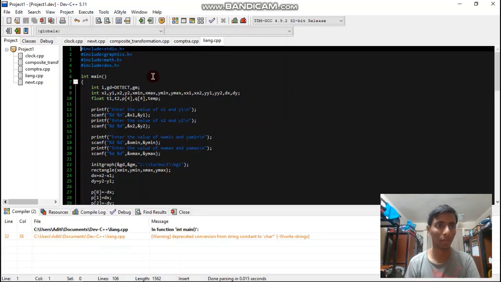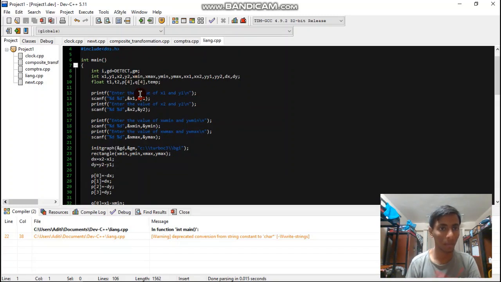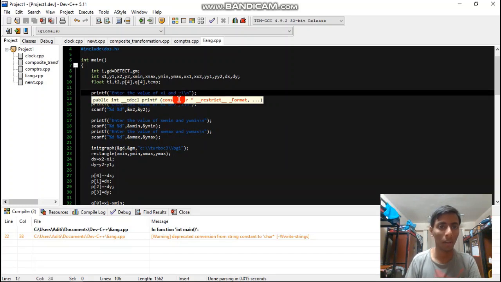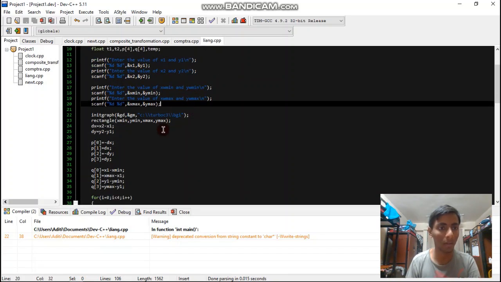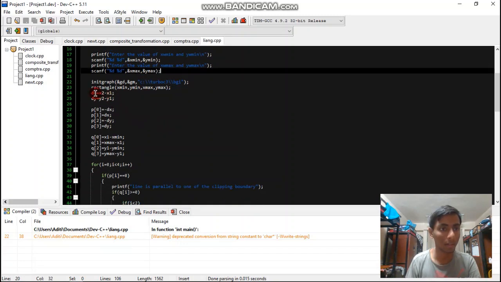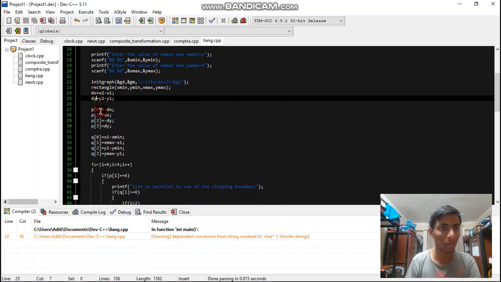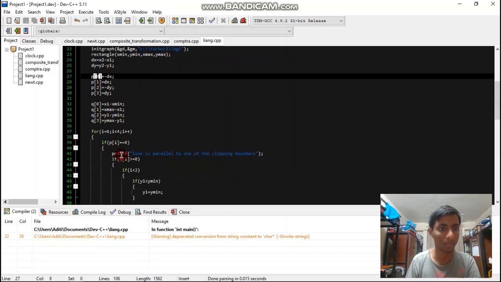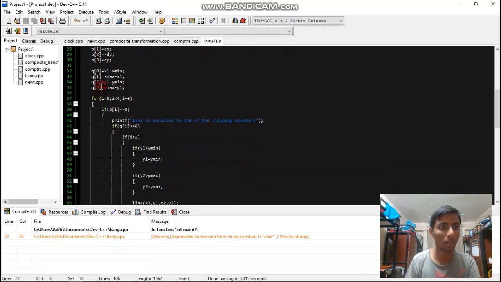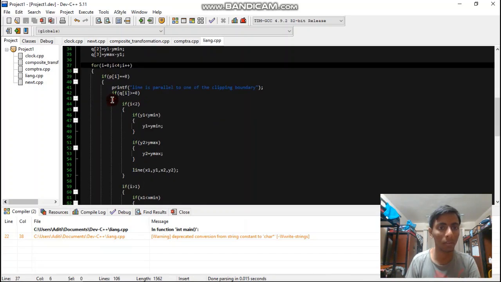So this is the program for the Liang-Barsky algorithm. Here we have taken the input for the endpoints of the line to be clipped. Then these are the coordinates of the window in which the line is to be displayed. And here I've calculated dx and dy, and here p0 to p3 and q0 to q3. Now this for loop is for checking if the line which is to be clipped is parallel to the clipping